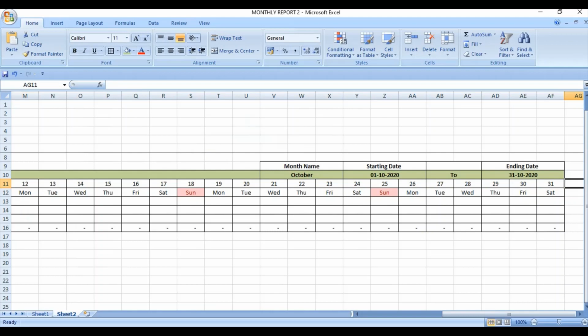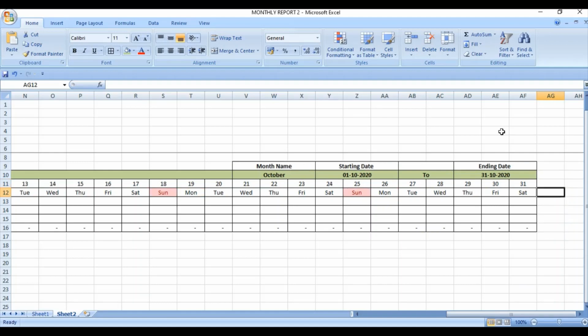Friends, the same table can be used for HR purposes also, but we need to add three more columns. One column for the number of working days, another column for leave taken by the employee, and a third column for the net payable working days.